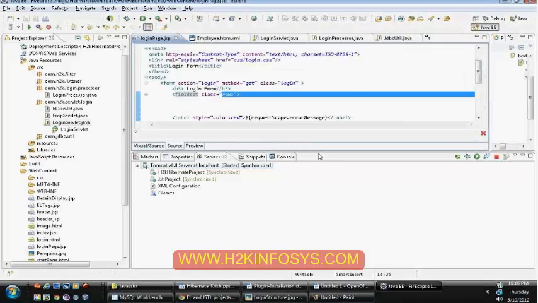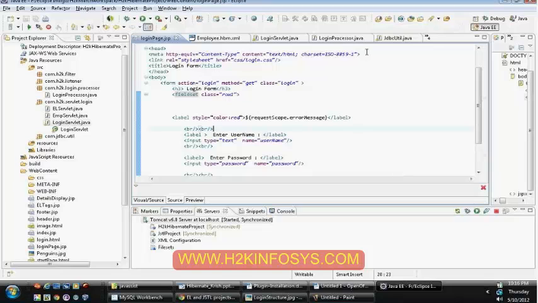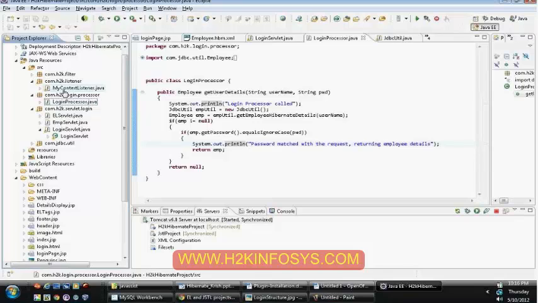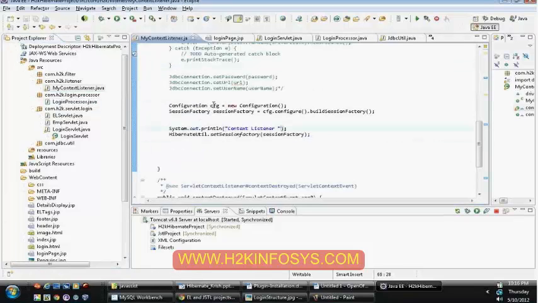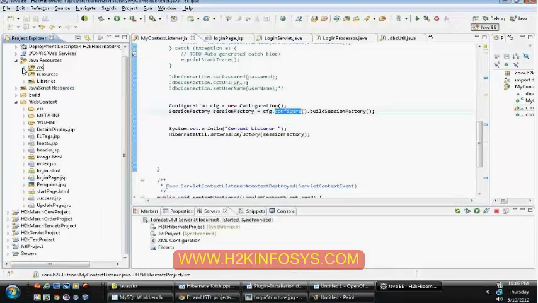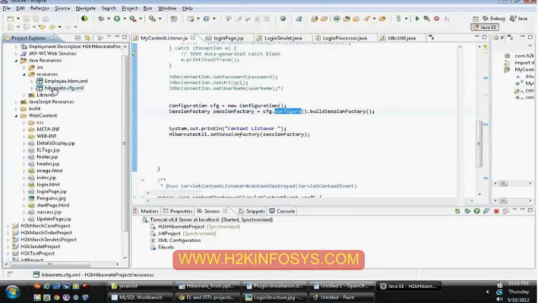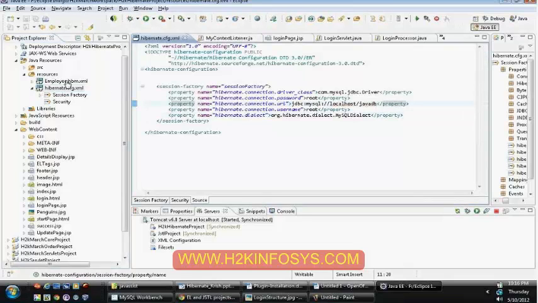We forgot about one more thing. See, our configuration file will be read by our listener class. Your listener class is going to read the hibernate.cfg.xml file. But how will it read the employee.hbm.xml file? To specify that,